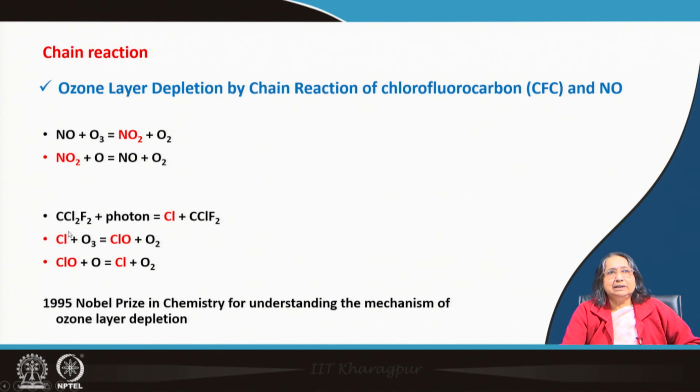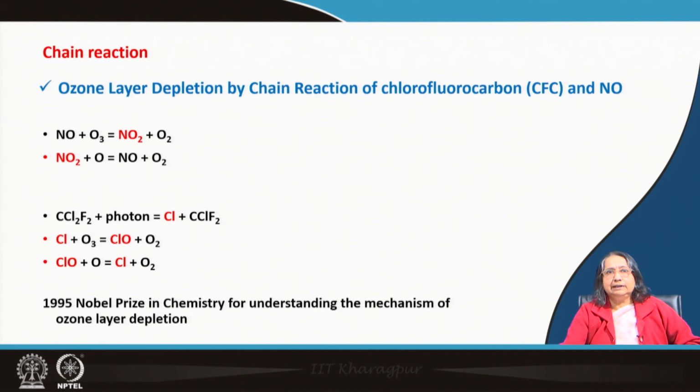Another man-made activity is chlorofluorocarbon. You know, from refrigerators, from many sprays, chlorofluorocarbon is coming, and then it reacts with a photon, normal light, and produces a free radical, the chlorine free radical, and this free radical can destroy the ozone through a series of chain reactions. Okay. A series of reactions which is nothing but the chain reaction we have just learned. So, this is the reason the ozone layer is depleted and it is making ozone holes in many places, and then UV light is coming to the earth, and it is creating a lot of hazard for our health.